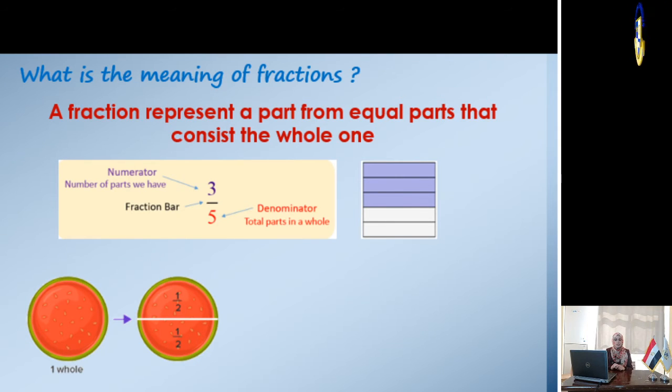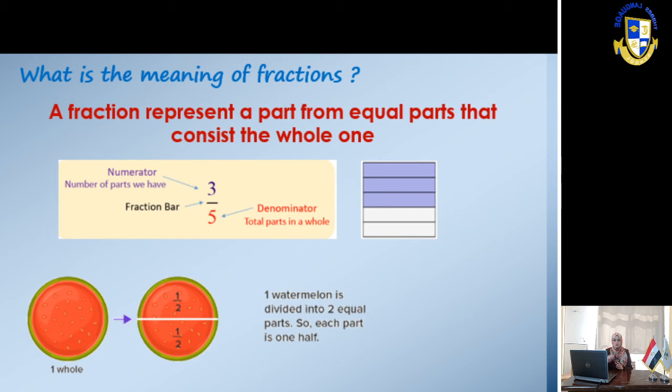See this rectangle? You have 3 colored parts, and how many total parts? Count the total parts. 1, 2, 3, 4, 5. And how many colored blue parts? 3. So when I ask you to write a fraction for this,